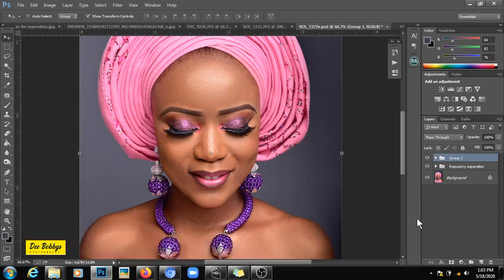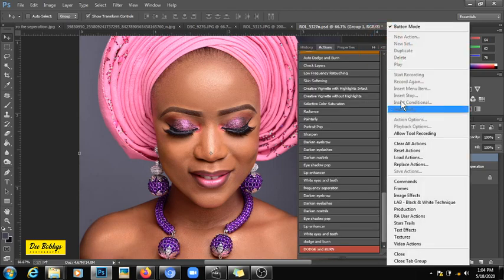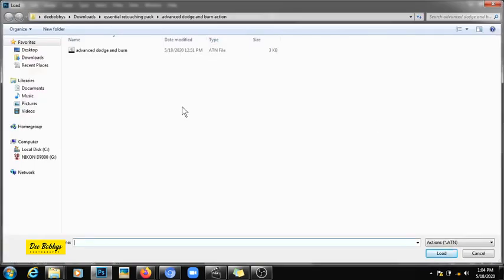So the highlights and the shadows have been created as an action for you at the Bobby's photography. Once you have the action, all you need to do is this. Once you have it downloaded on your computer, you need to come to actions and then come to this area here to click on load actions. Once you click on load actions, you can easily search for the downloaded